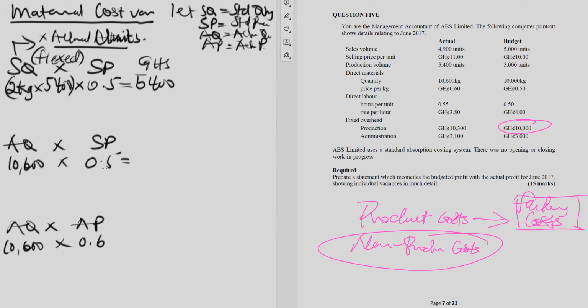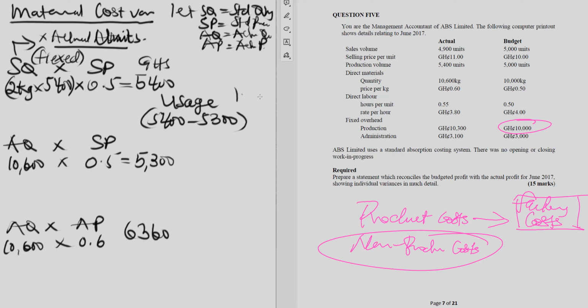So we have 10,600 at 0.5, and that gives us 5,300 Ghana cedis. And we also have 10,600 going for 0.6. That gives us 6,360. Now that we have this, we can get our usage variance, which is the difference between this and this. So we have 5,400 minus 5,300, and that gives us our variance, which is 100 cedis,